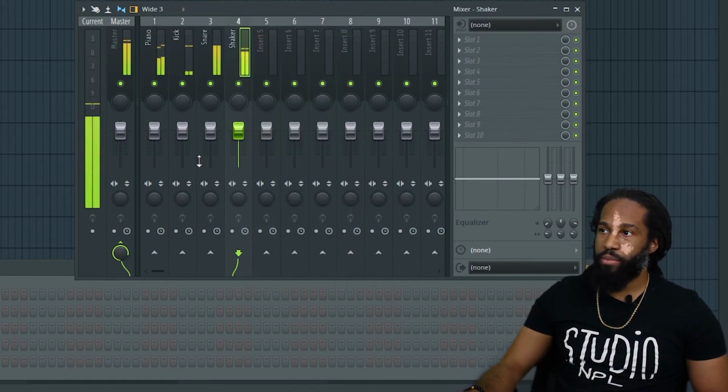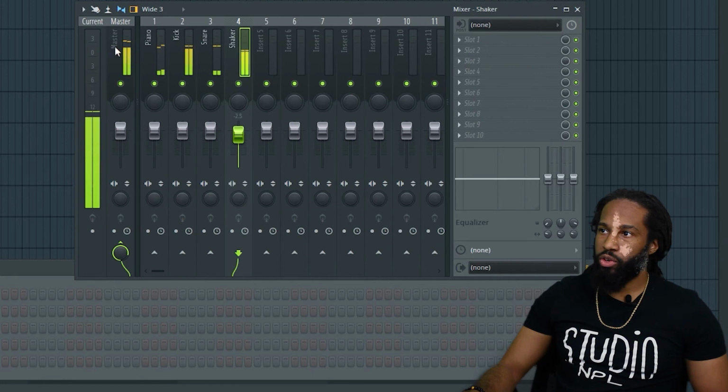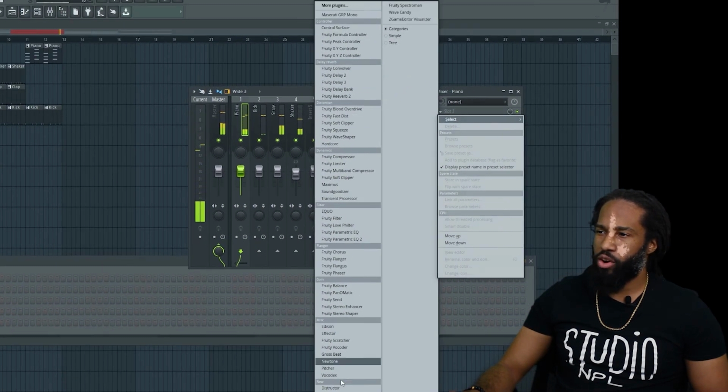So we have all these happening, and then now I can go here and I can play with the panning if I want. I can play with the volume here if I want, right? So now I can bring the shaker down. And you can do some really cool things. So I can add effects when I go here, and now you have a whole list from